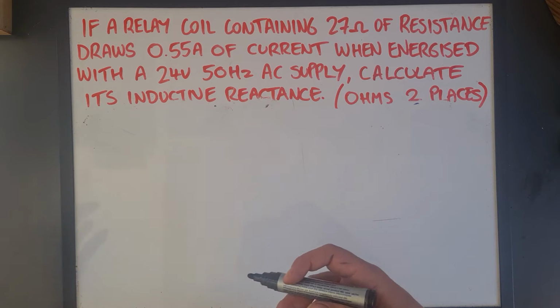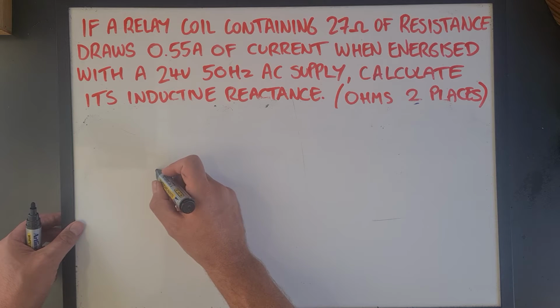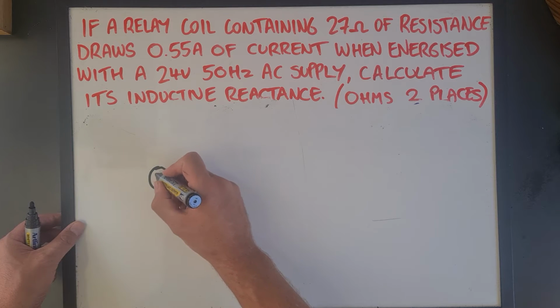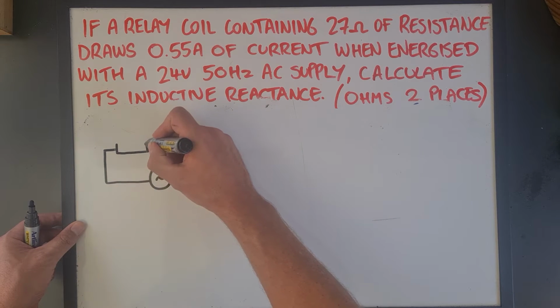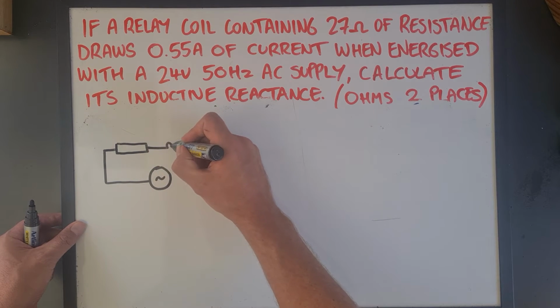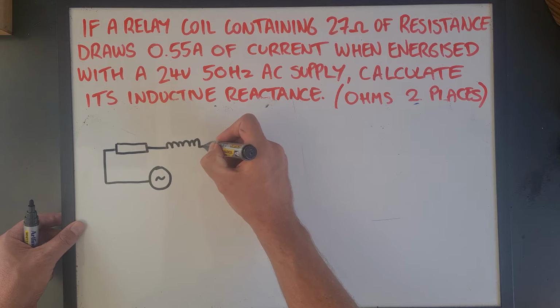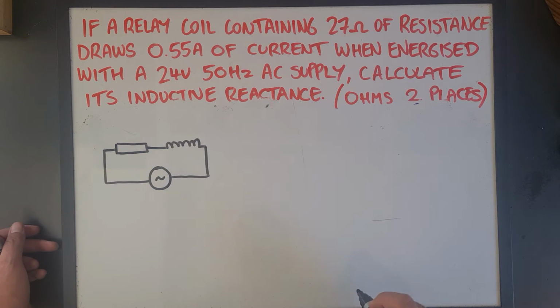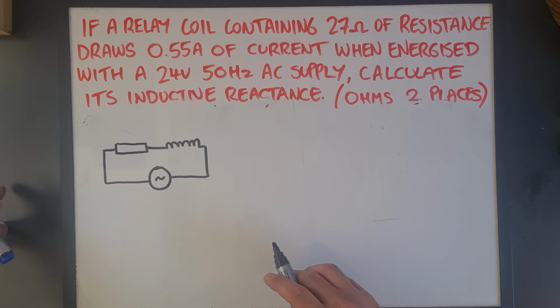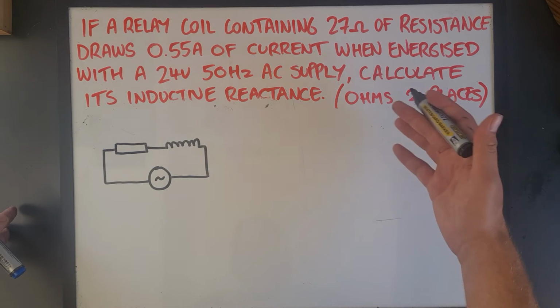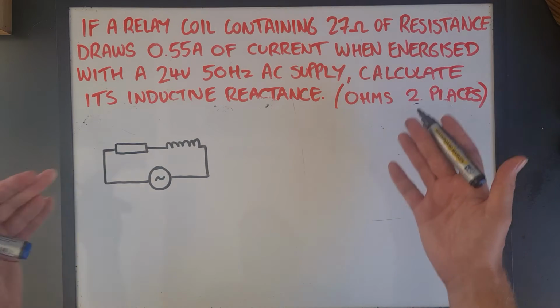So you can just start by drawing your circuit. Okay, here's our supply. I'll pop that in with a resistance in series with an inductance. So we should recognize that pretty quickly as the things we've been looking at in other questions. Okay, let's see if we can read the question now and take some numbers off it